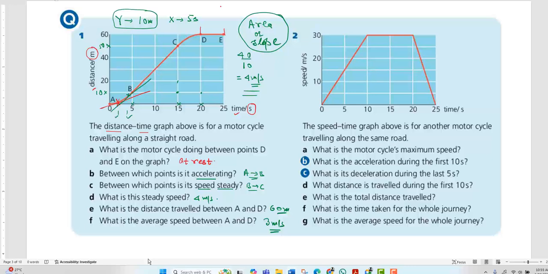Okay. Now question number 2. The speed-time graph above is for another motorcycle traveling along the same road. So this is speed and this is time. That was distance. So what is the motorcycle's max